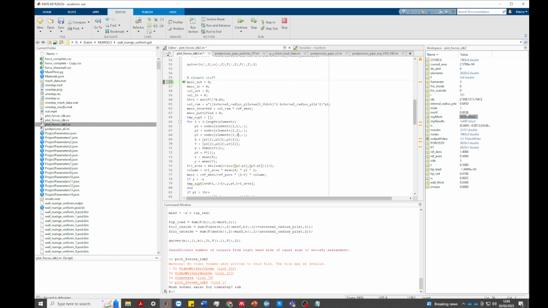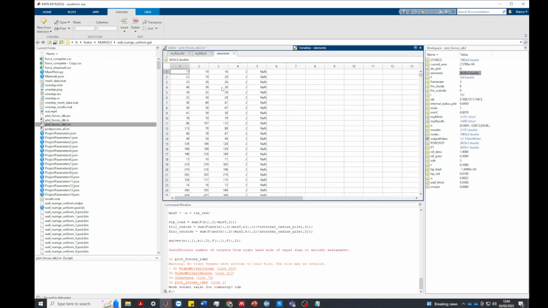So if you remember the structure of the mesh from the other file, you have the element number and the node number for each element. It's not even x or z, it's just node number 1, 2, 3, and this is the